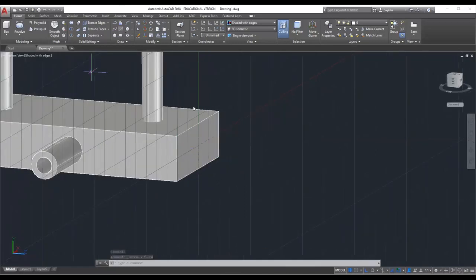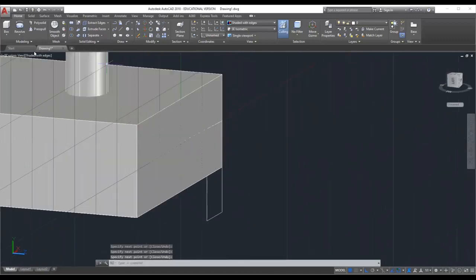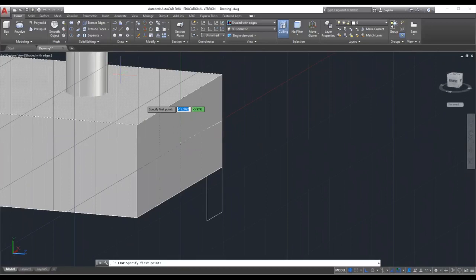We have to draw one more diagram over here. Go to 2D wireframe. You have to draw a diagram clearly.